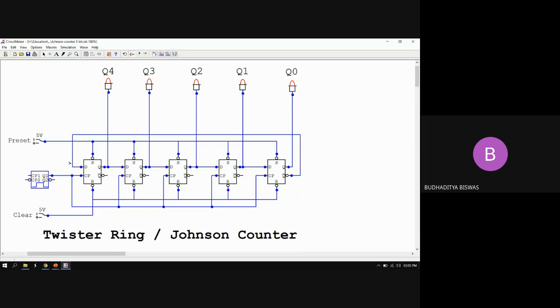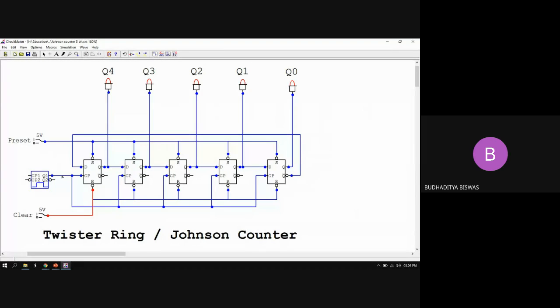So here you see everything looks exactly the same. Here we don't require any preset. That's why all the presets are short circuited together and brought to a common preset input, which is connected to 1 normally, and all the clears are short circuited together again and connected to a common clear, which is connected to 1 again.